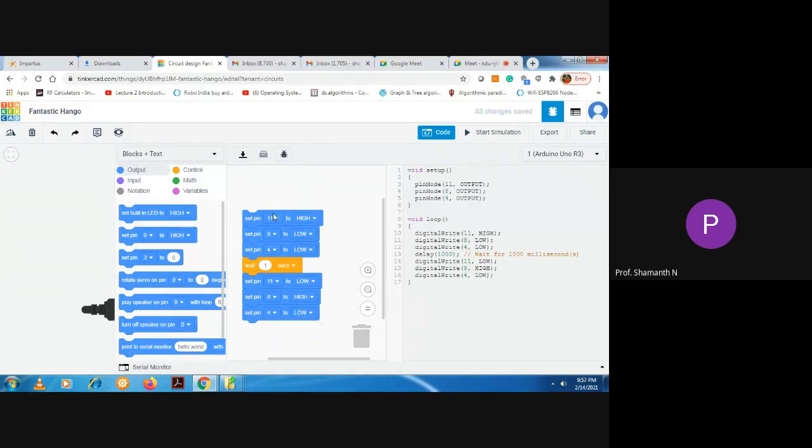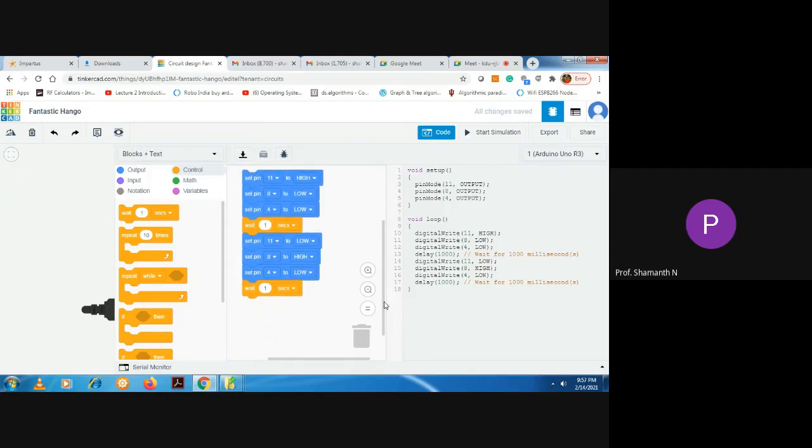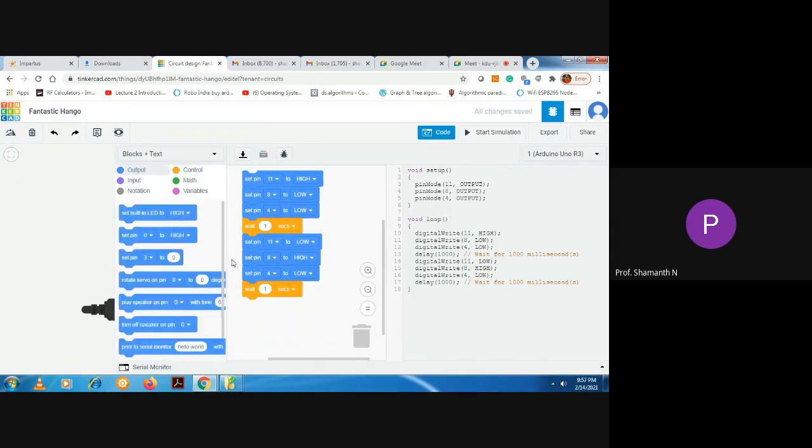Then click on this control option and click on this white block and place it here. You can even drag down the cursor so that there is sufficient space in the code block window. Anyway, we'll again return back to the output option and again I will place three set pin 0 to I code blocks.